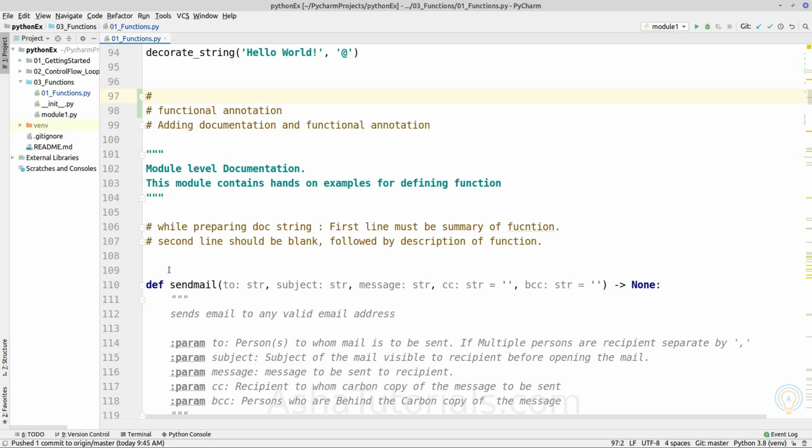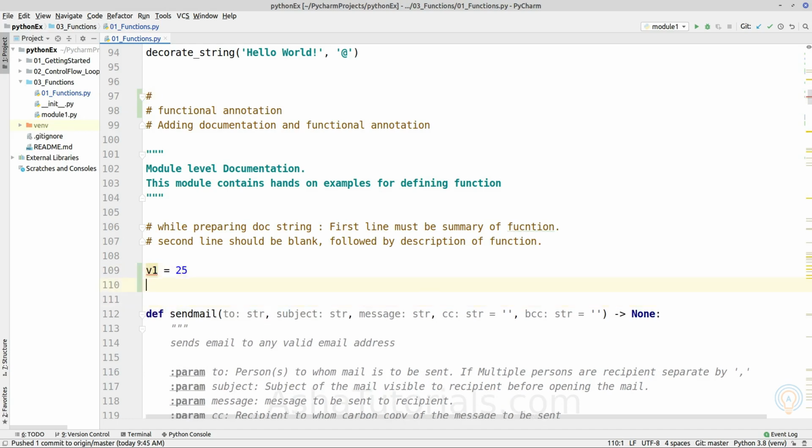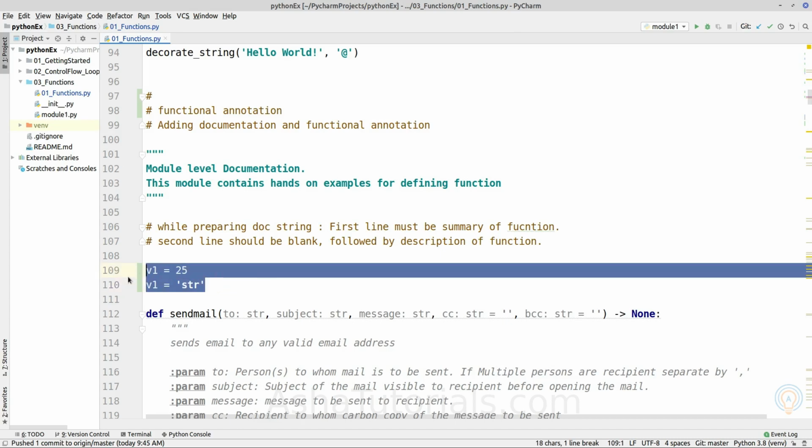Suppose we are assigning a variable v1 equal to 25, and at a later stage of a program we can assign any value such as a string to the same variable. So in Python there is no fixed data type for a given variable, and we cannot determine the value held by a variable at compile time.